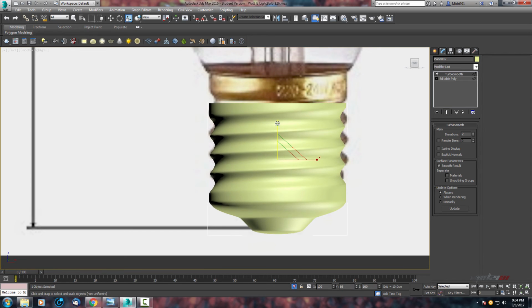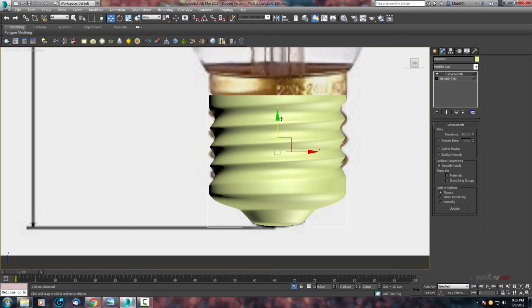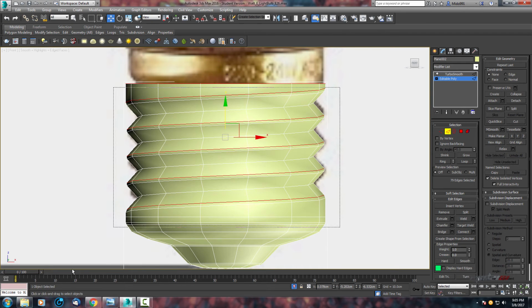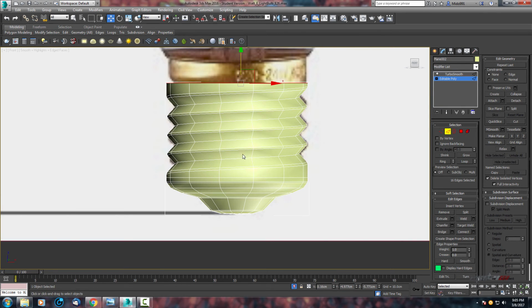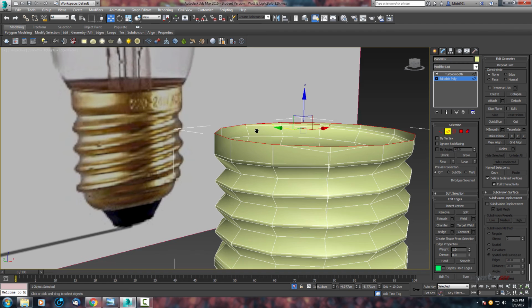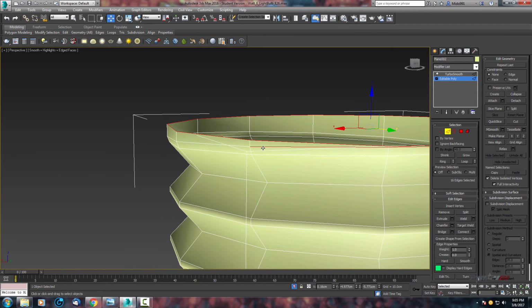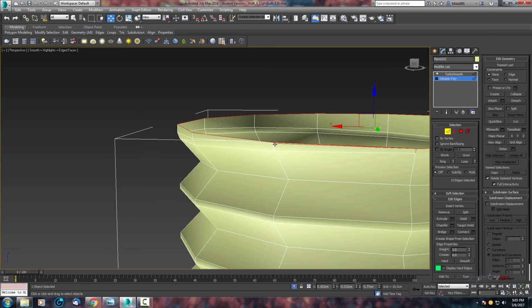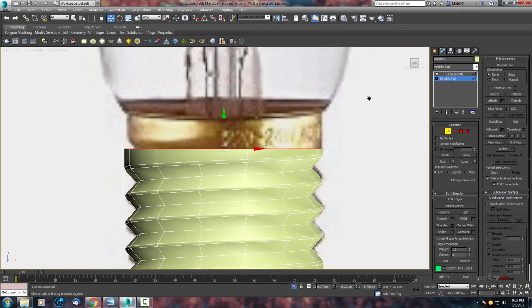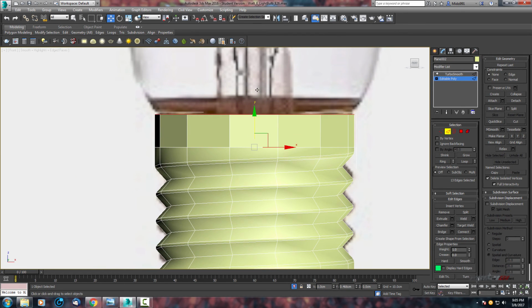Now we can reduce position with the rescale mode, and go on editable poly, select upper line and deselect unnecessary lines, and also make sure it's all unselected. Nice. Okay, now just shift, move up